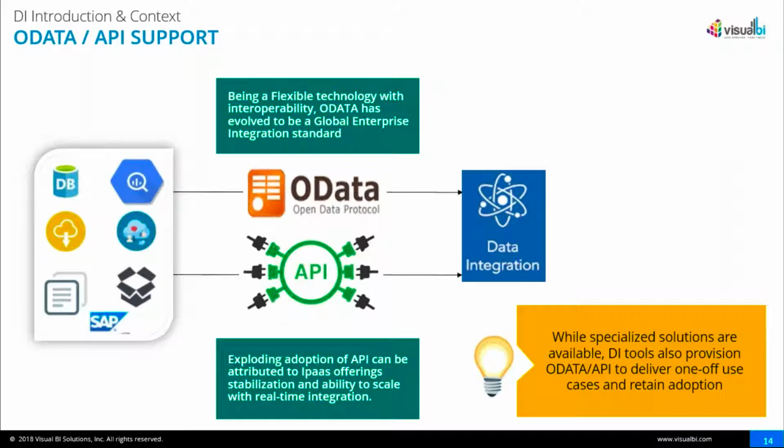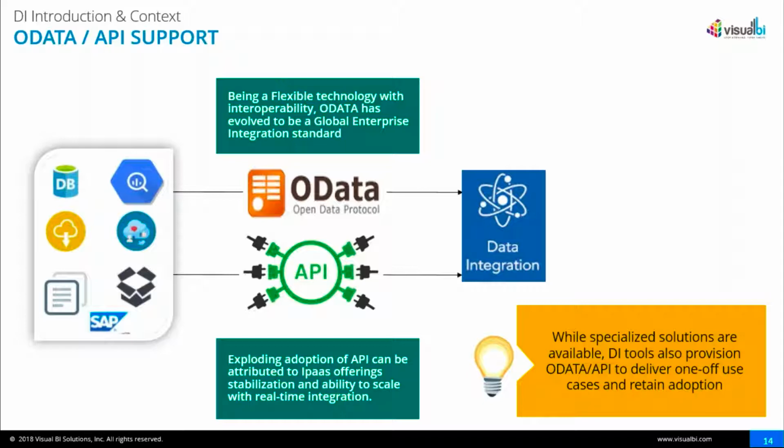Now, the data integration tools are giving capability to API, even though there is specialized software available. This is just for the reason that a one-off use case, which could not be handled by a DI tool, should not lose an adoption. So hence API is supported, and OData is becoming popular these days because of the global enterprise standard benchmark that